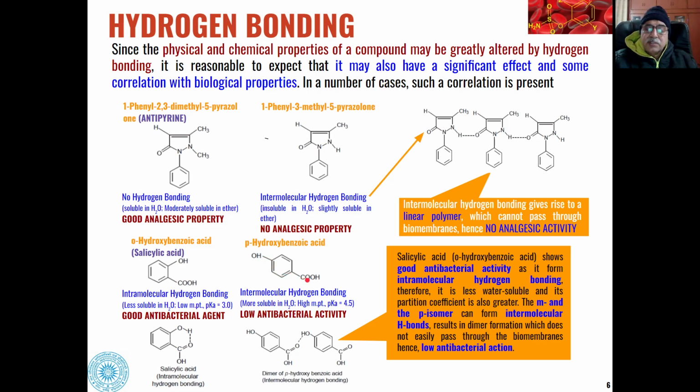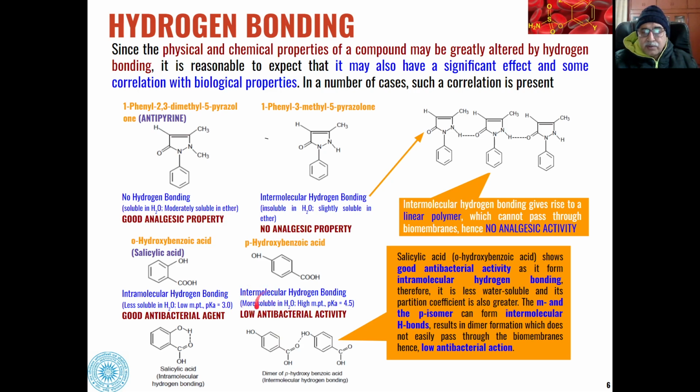carboxylic acid group attached at 1 and 4 positions, they have only intermolecular hydrogen bonding which is involved. You can see over here, this is an example of intramolecular hydrogen bonding, whereas this is a dimer of 1,4 benzoic acid, para-hydroxybenzoic acid. This shows an intermolecular hydrogen bonding, and